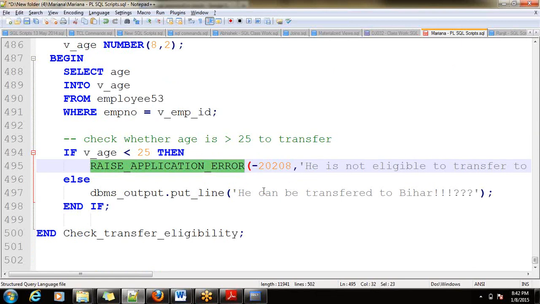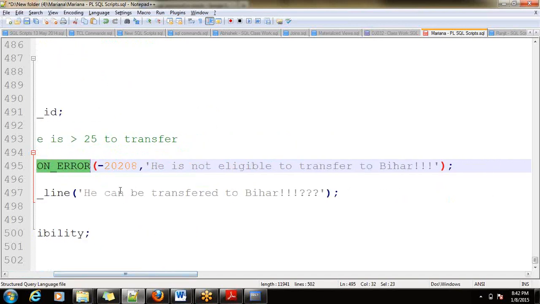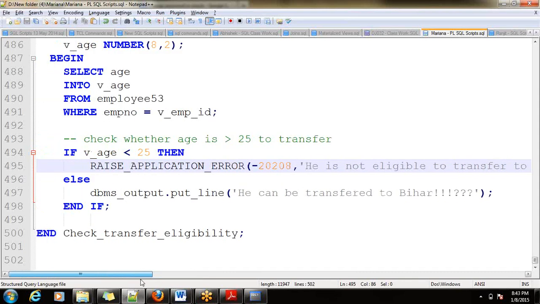My application specific error: if the employee's age is less than 25, then I am going to display an application specific error code, you can see minus 2028, and he is not eligible to transfer to Philippines.